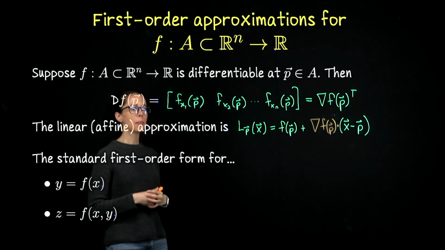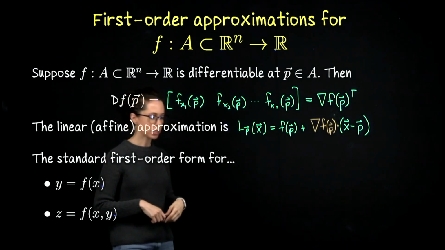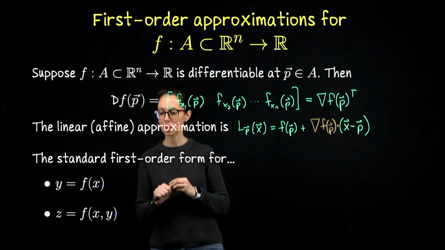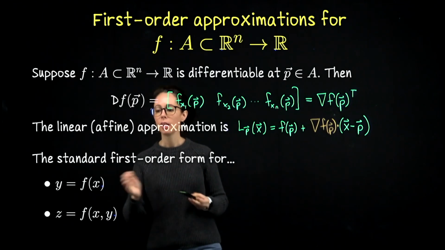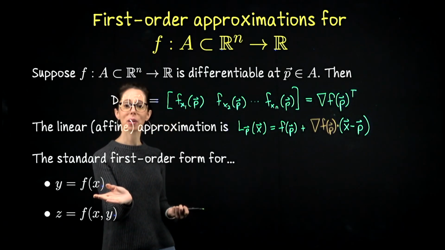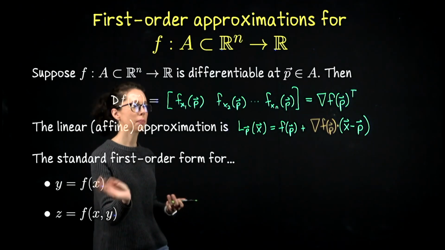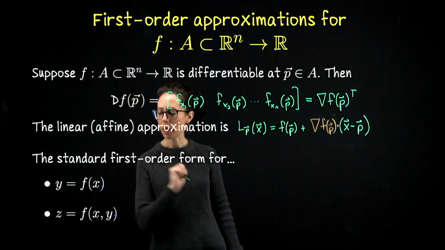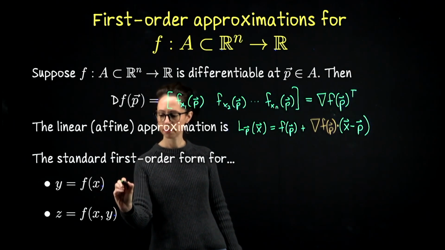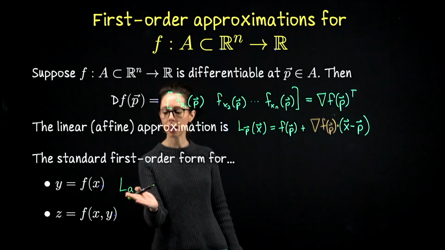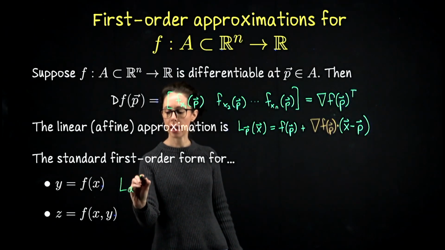Okay, so let me write down two very famous first order approximations that you'll recognize because you've seen them many times, especially the first case. When we are looking at a function of one variable, y equals f of x, the first order approximation is the tangent line approximation. So how about I center this computation at a? So if my function is differentiable at x equals a, then the first order approximation centered at a,